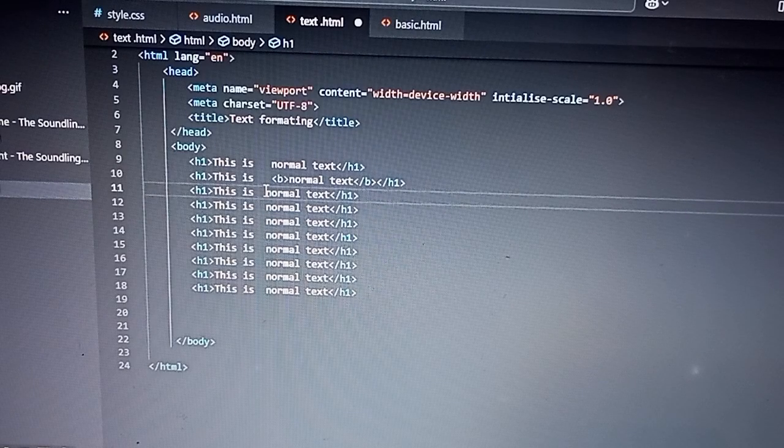And here let me give it as italic. Let me paste this